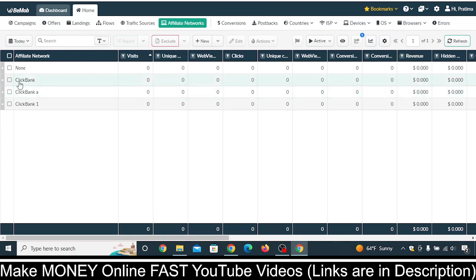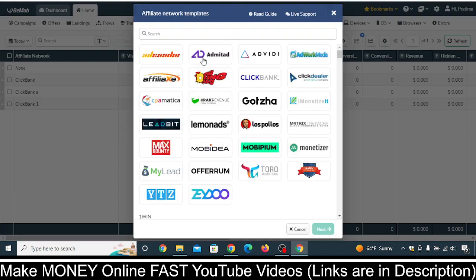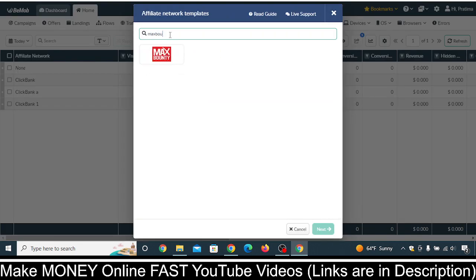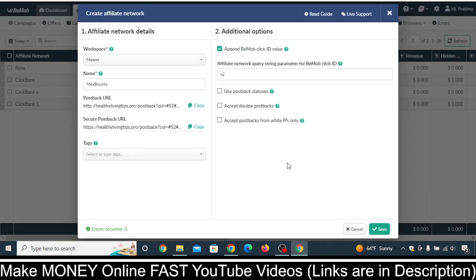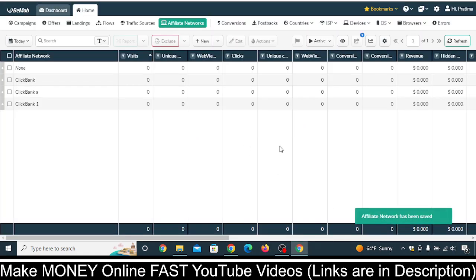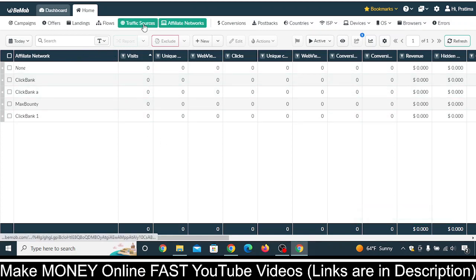If MaxBounty is already set up here, then you don't need to keep on setting it up, okay? But if you are new and you haven't set up any affiliate network here, just click on this drop down and click on add new from template, and then just type MaxBounty, and then you'll see this icon. Just click on it, click on next, and everything is fine here. So just click on save. So now our affiliate network is set up. It is so simple. Now I can go to traffic source,